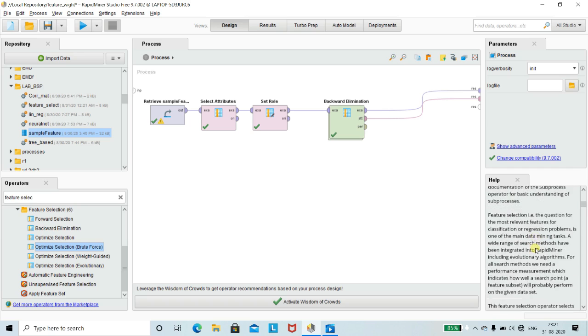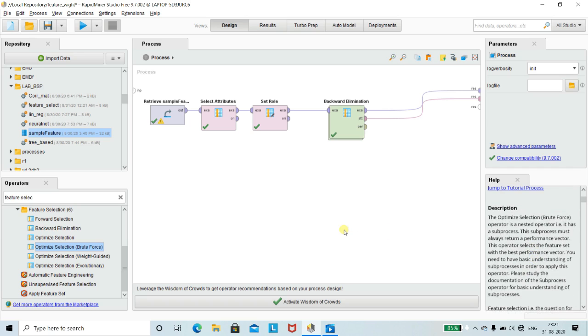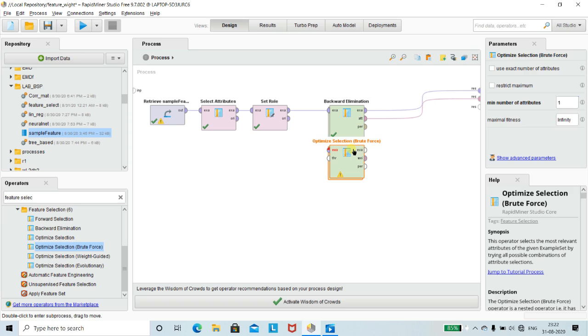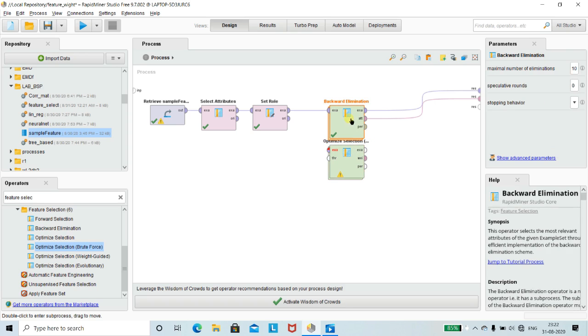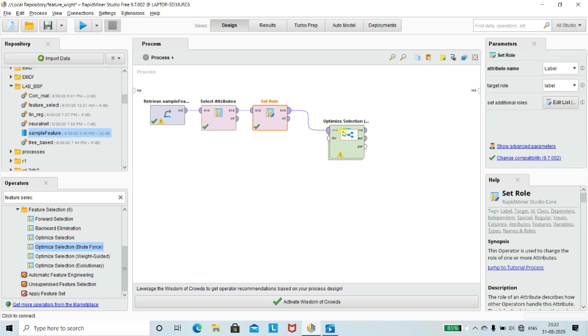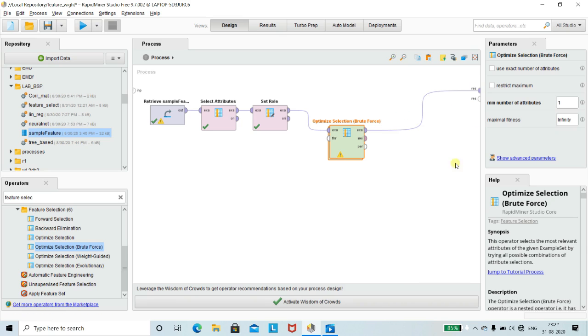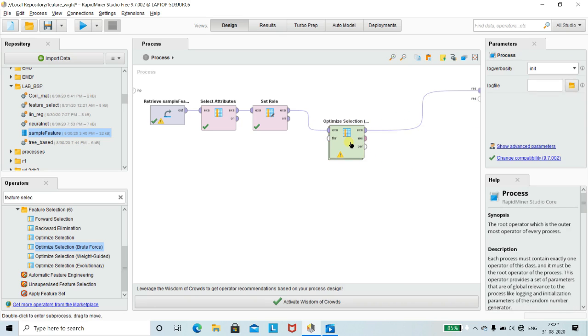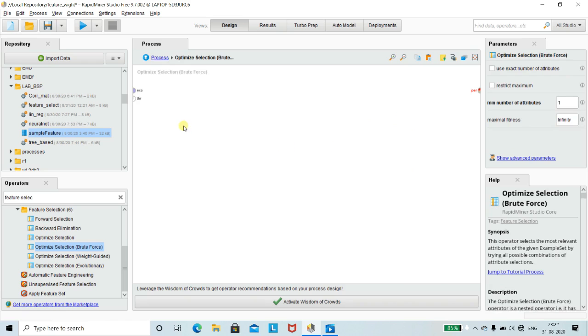so it just develops a sub process, and then it will compare all possible combinations of the feature set. So this is, I think, somehow a lengthy process, because we are not taking the attributes one by one, or eliminating the attributes one by one, but we are considering all the possible combinations of the attributes. So let's see. For this again,